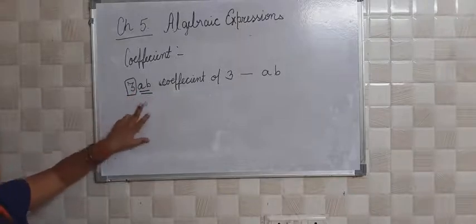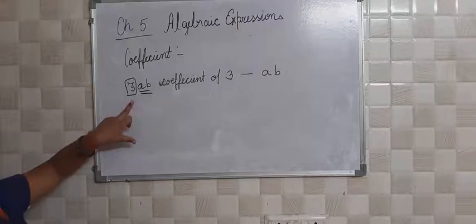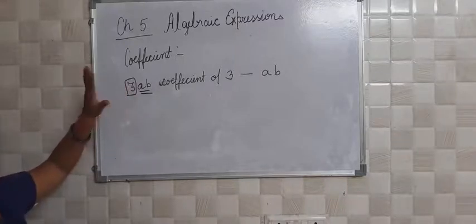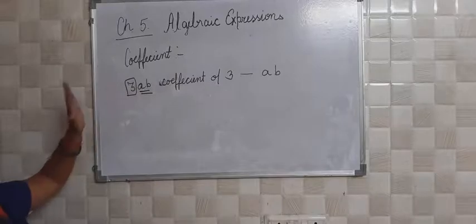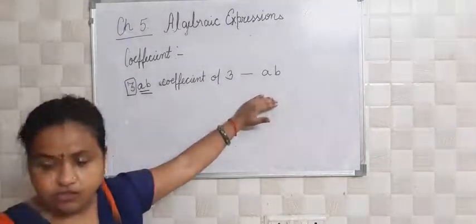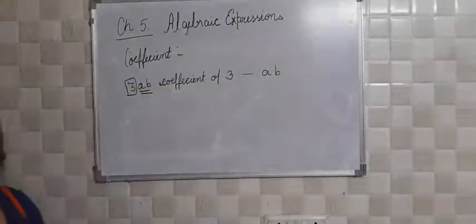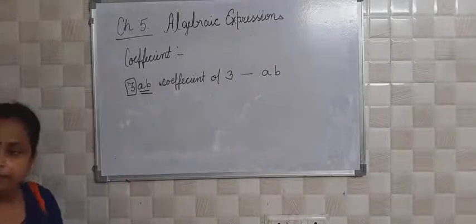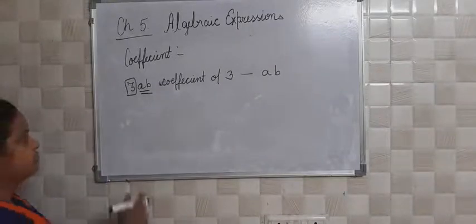In 3ab, we are asking about the coefficient of 3, the remaining part is A and B. So the coefficient of 3 is A and B. Take one more example,